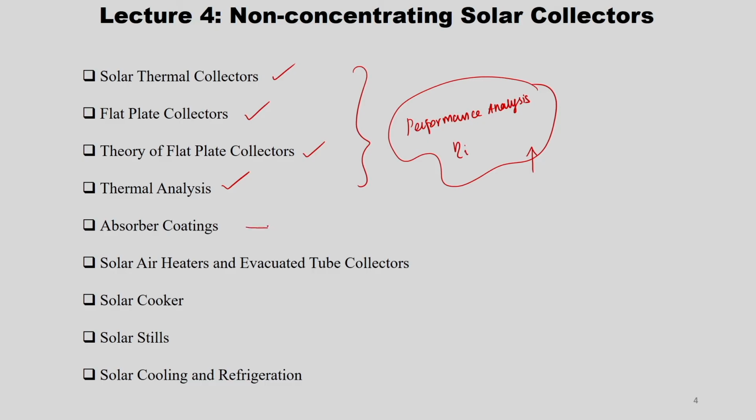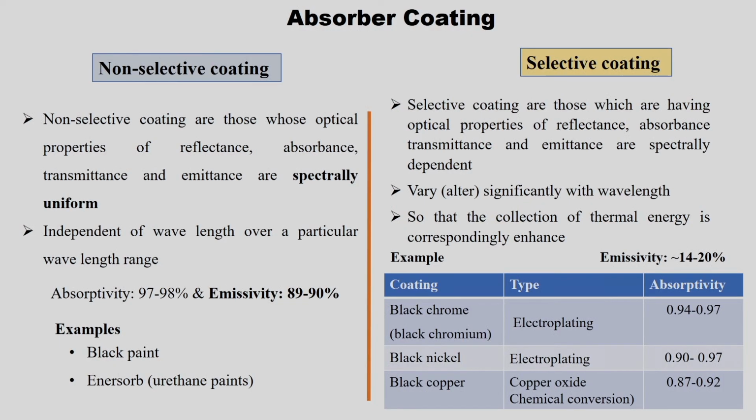And then we summarized what are all the advantages and disadvantages of flat plate collectors. So, among that one special case of absorber coatings we are going to see today, and solar air collectors and evacuated tube collectors. On the application side, we are going to see solar cooker, solar stills, solar cooling and refrigeration. The first one on absorber coating, we are going to see the two main categories, one on non-selective coating and